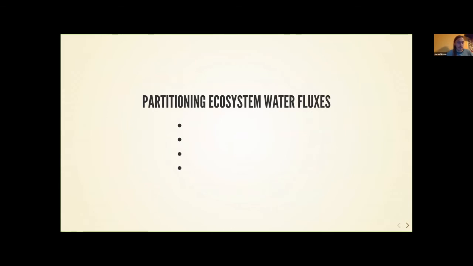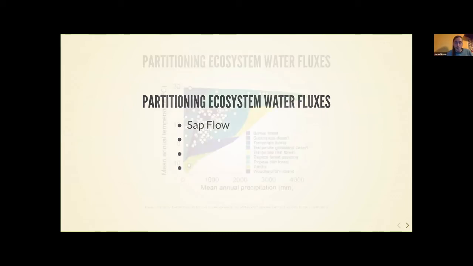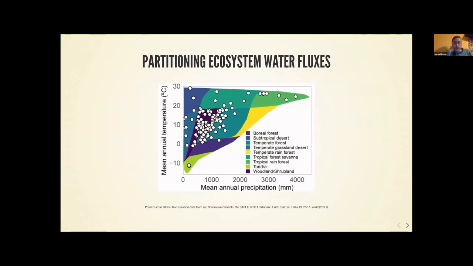And partitioning water fluxes is difficult because they're all driven by the same processes. It's the same basic process of evaporation, just with different access to water reserves or different modulation by plants. But there have been some really good methods that have come out. So probably the gold standard at the moment is sap flow, in no small part due to the efforts from Rafa and his team in aggregating these data sets and making something that can be utilized on a broader scale. So that's really what we'd like to have as far as an integrated signal at lots of different ecosystems.